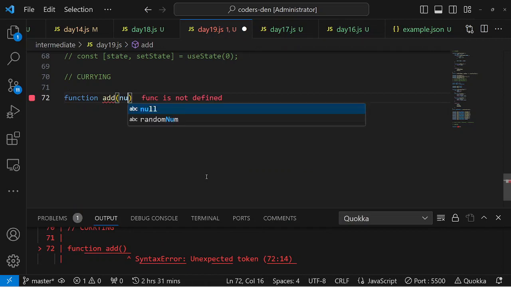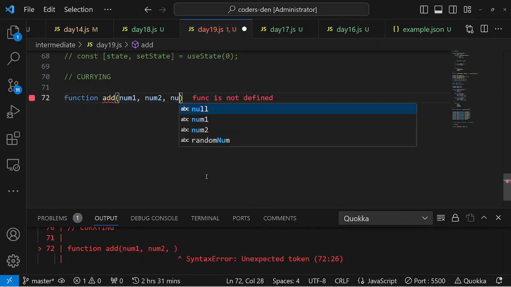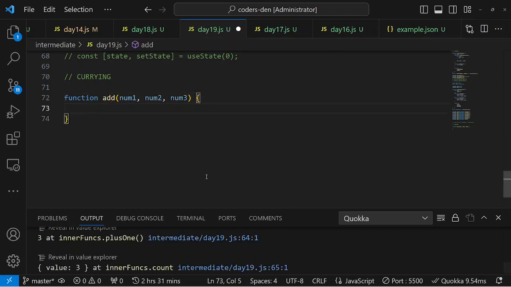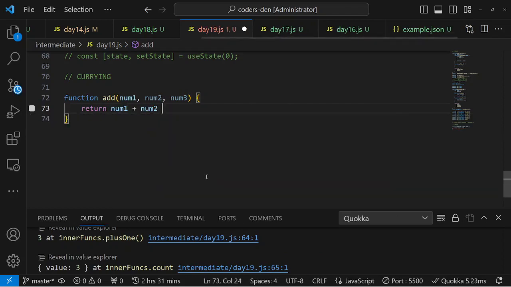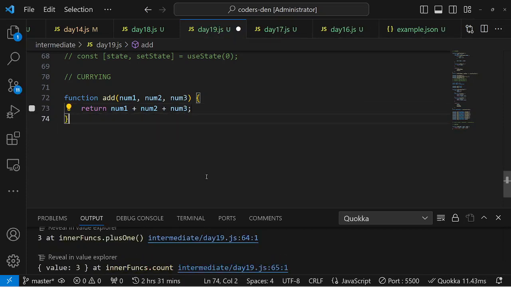So function add, we have num1, num2, and num3. So it just returns num1 plus num2 plus num3. So if we try that out,